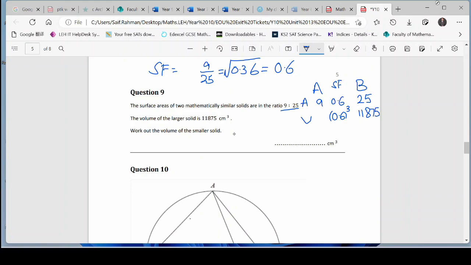So we make 0.6 a cube, and that gives us 0.216, and then we multiply it with 11,875, and it gives us 2565. So the volume of